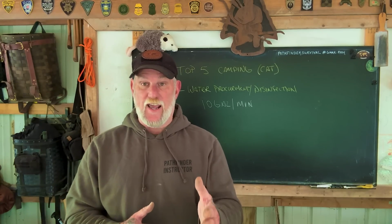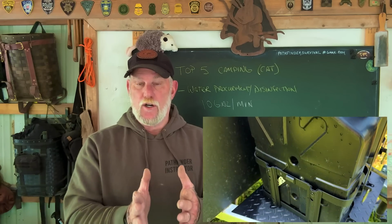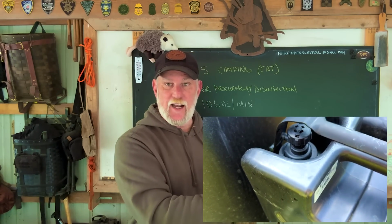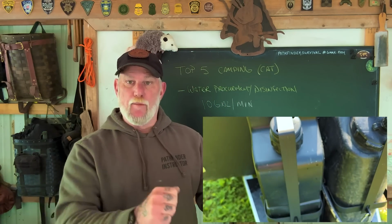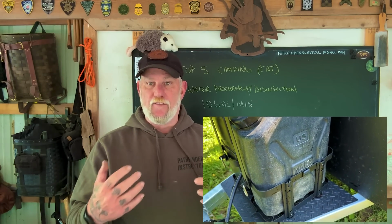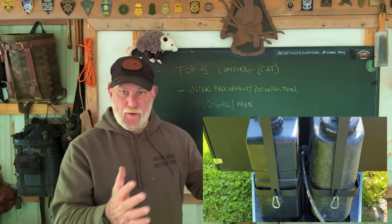One of those just a standard military style water can, the other one a Lifesaver water filter can that I can actually just take down to the creek, take down to a pond, take down to a lake, fill that bad boy up, pump up the pressure, and run every bit of water through that filter. And then I've got something I can filter 5 gallons of water with at a time, and a spare 5-gallon